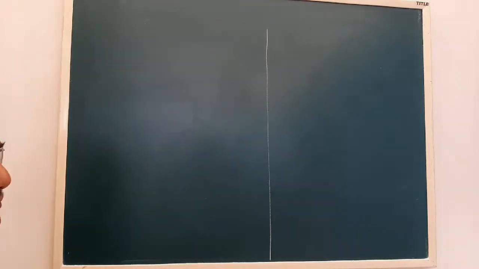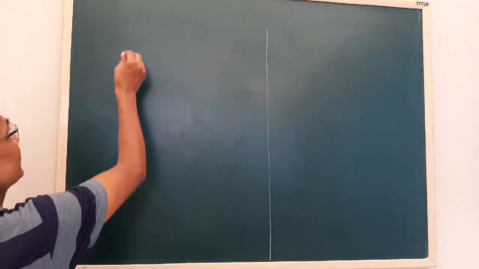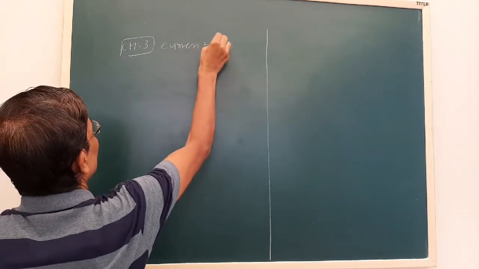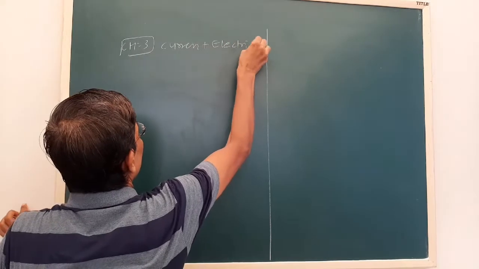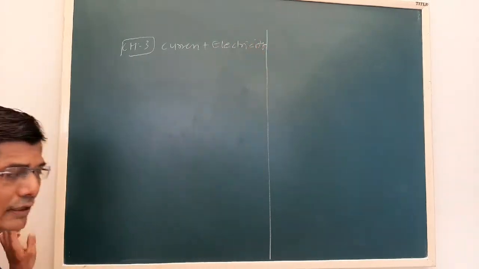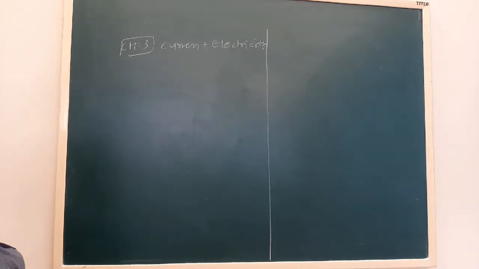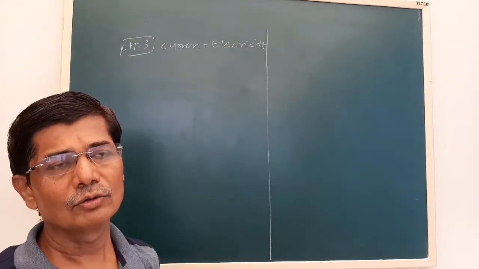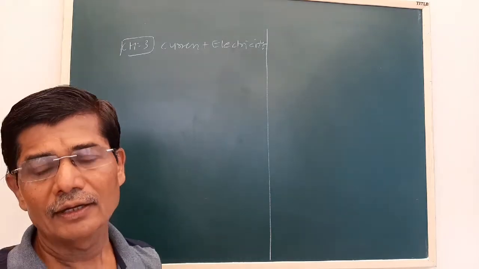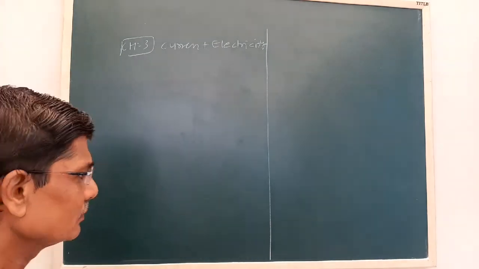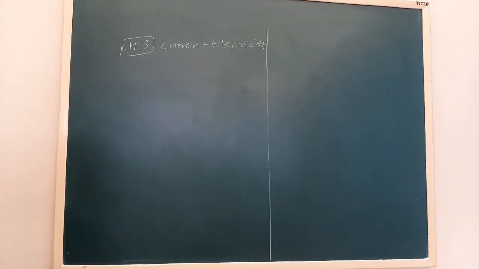Dear friends, today we start lesson number 3, that is current electricity. Now we know electricity is part and parcel of our day-to-day life. So in this lesson, we will study how the electric current is produced, and we have to study the various phenomena associated with it. Some things you have studied in the 10th standard also, that was the most basic thing. Here we are going to study in detail.